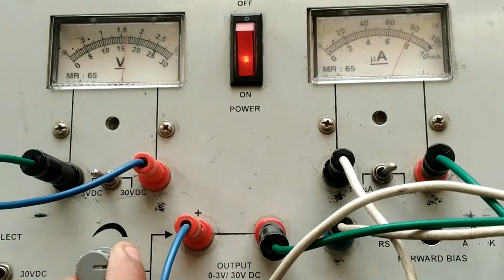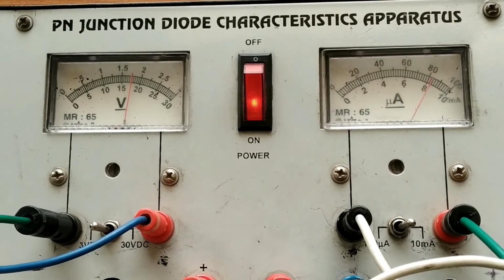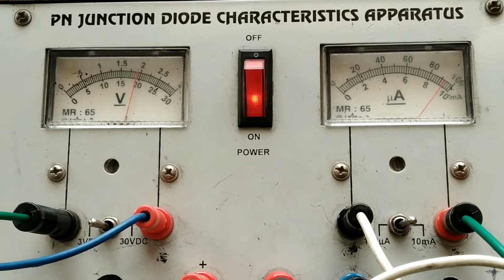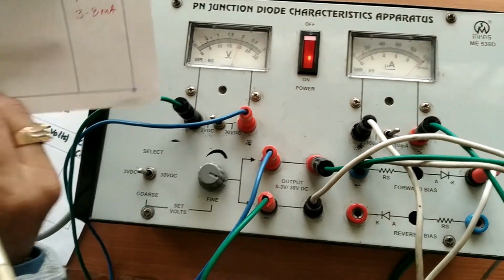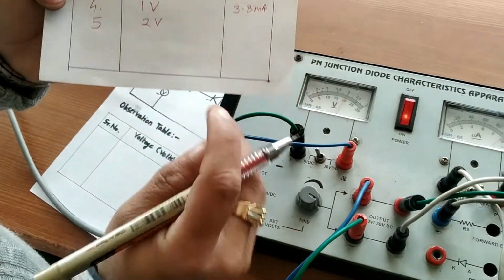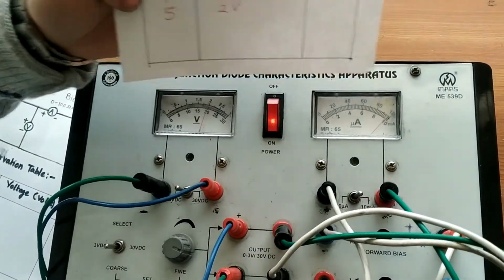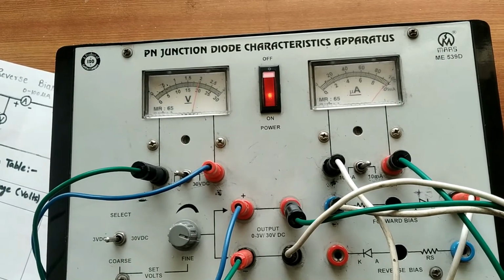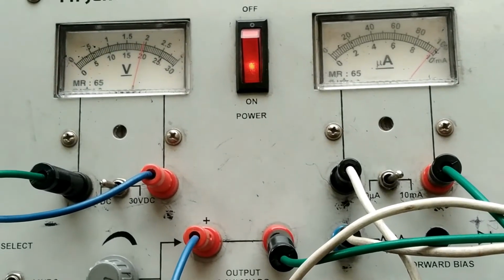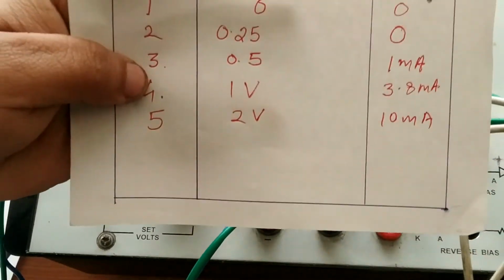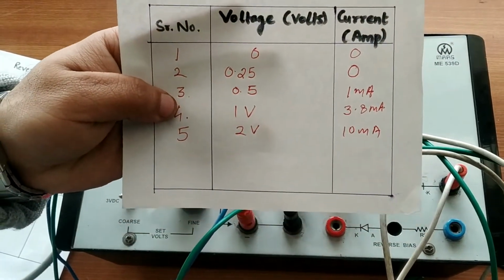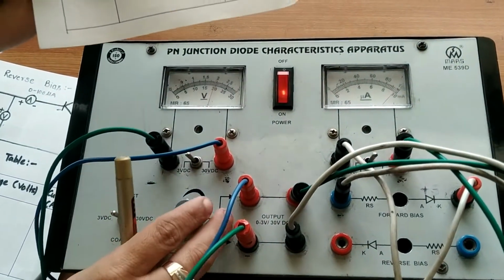You can see that when we increase to 2 volt, there is a sudden increase in the current. At the fifth reading we have taken 2 volt, and the reading which we have got is almost around 10 milliampere. So we are getting 10 milliampere. Okay. Now if I increase it to 3 volt,